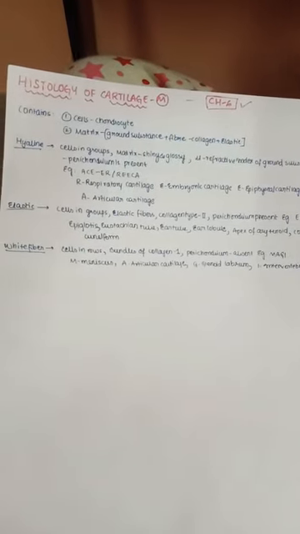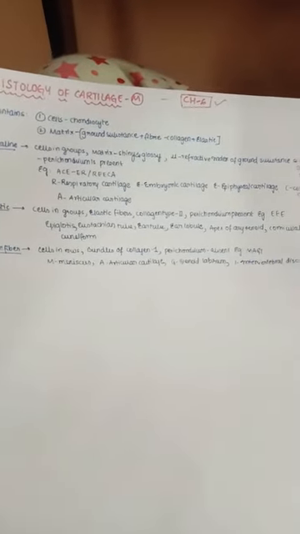Now let us see the hyaline cartilage. In hyaline cartilage the cells are arranged in groups known as isogenous groups of cells, and the matrix is shiny and glossy. The refractive index of the ground substance and the collagen is type 2, and the perichondrium is present.